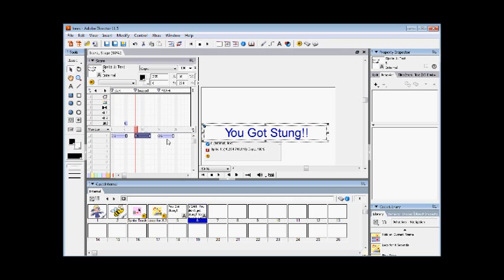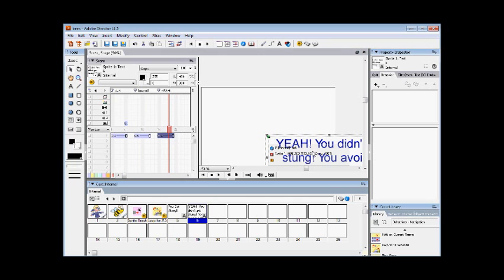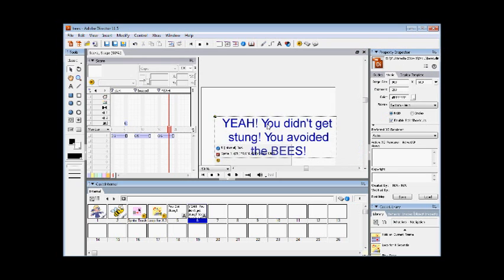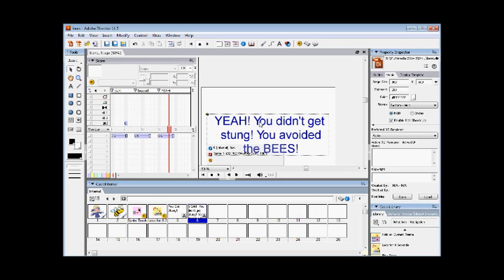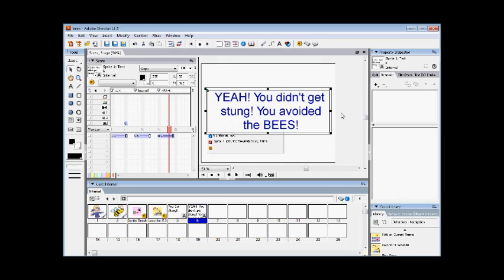Just make sure it lines up. Okay. Yay, you didn't get stung, so let's move that over. Okay. Now,